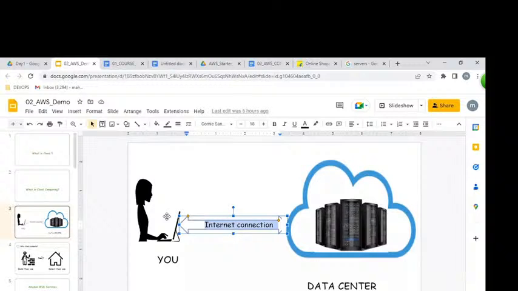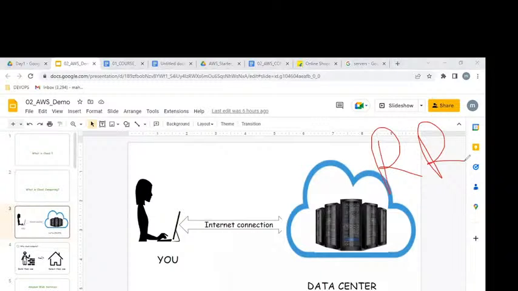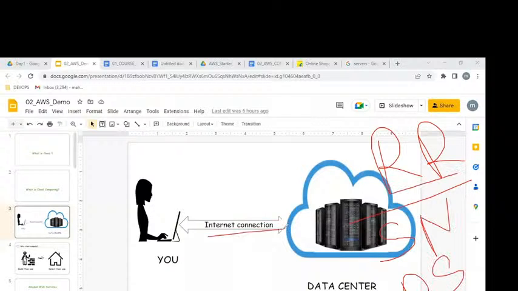So remote placed resources. Remote means somewhere else, like in the US, Singapore, or Mumbai. From remote placed resources, resource is nothing but what? Either servers, networks, databases, or storages. If we can access remote placed resources over the internet from your laptop, that is nothing but what? Cloud computing. I hope you understand very clearly what cloud computing is.